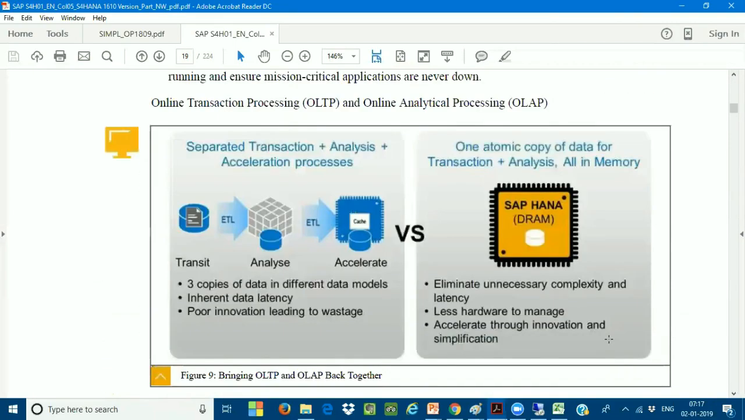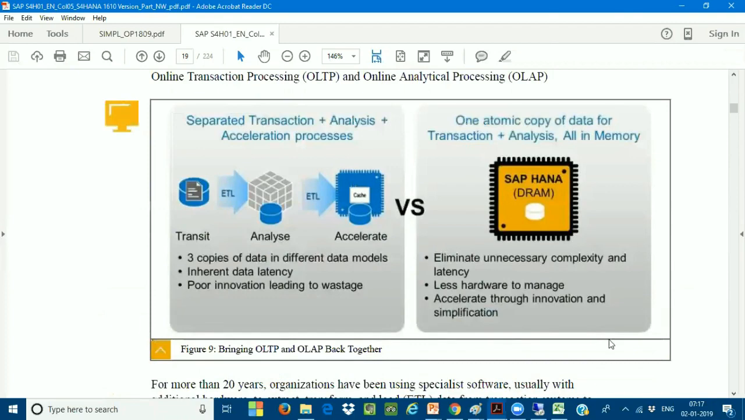This is what I told about that ETL process, the OLAP and OLTP diagram. Earlier we were going to be using the ETL process. Now there is no ETL process we are using. Now earlier we have the...